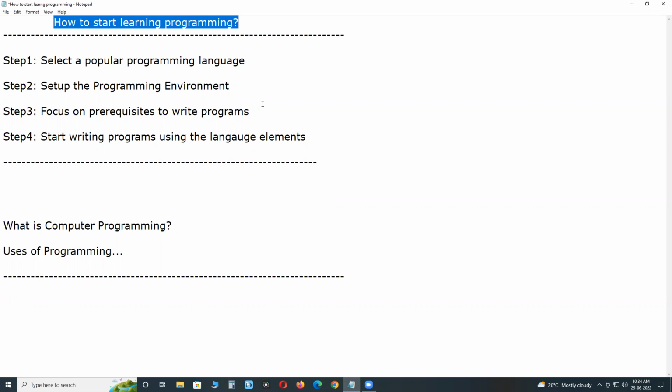Next, it is a secondary skill for other job roles like automated testers, network administrators, data scientists, cyber security professionals, machine learning professionals, etc. Secondary skill. Primary skill, mandatory skill for software developers.